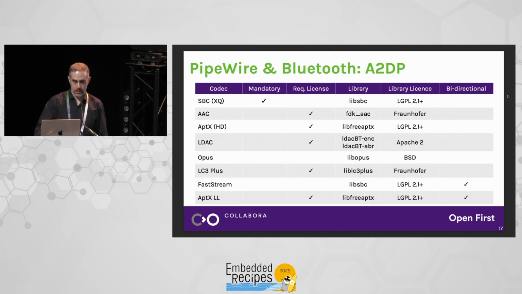For A2DP, PipeWire supports all the known codecs, starting from the mandatory SBC codec and its high-quality variant, SBC-XQ. Then it has support for AAC, aptX, LDAC. It has support for Opus in two variants. There is the variant that PipeWire developers developed themselves, and before the introduction of the more standardized variant that Google